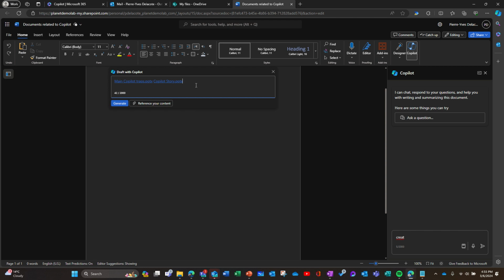And the third one, Copilot benefit maybe. Outline for deck. Presenting. Okay. So I have a Word document that talks about it, and I can say from these documents, create a new document summarizing